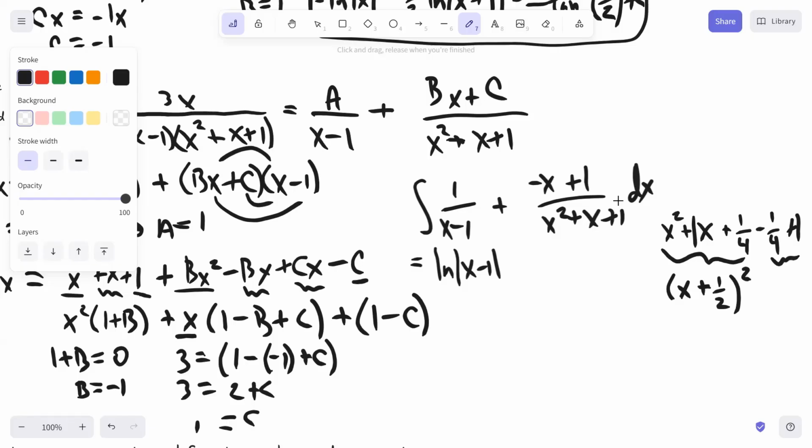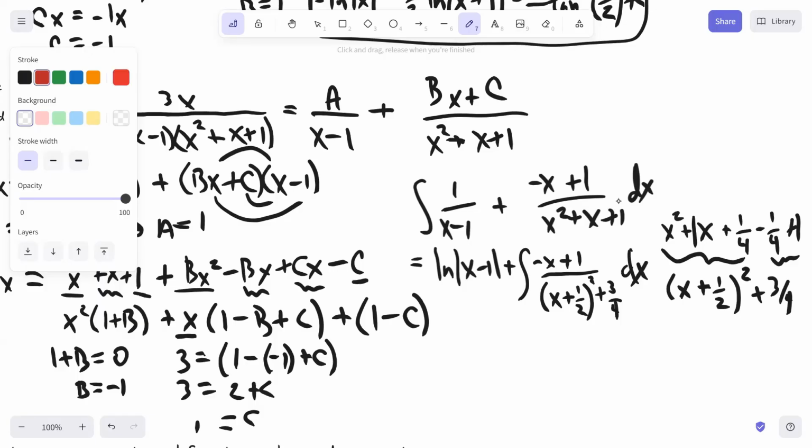And then the minus 1/4 plus 1 is going to give us plus 3/4. So this is going to be the integral of negative x plus 1 over x plus 1/2 squared plus 3/4